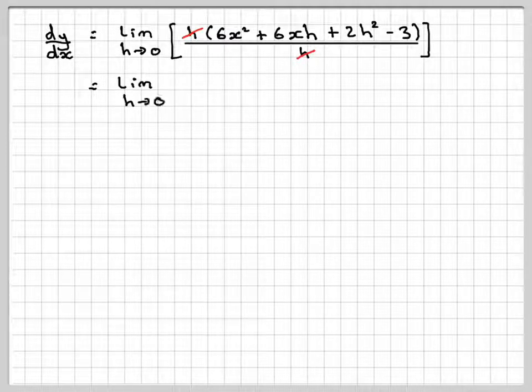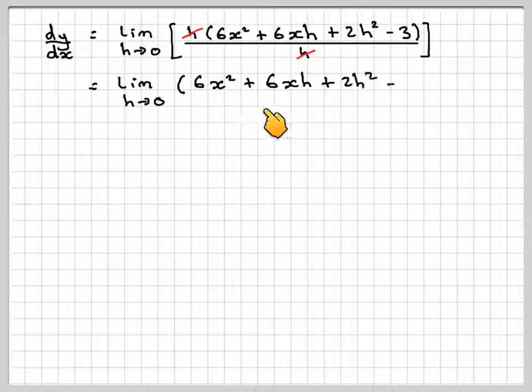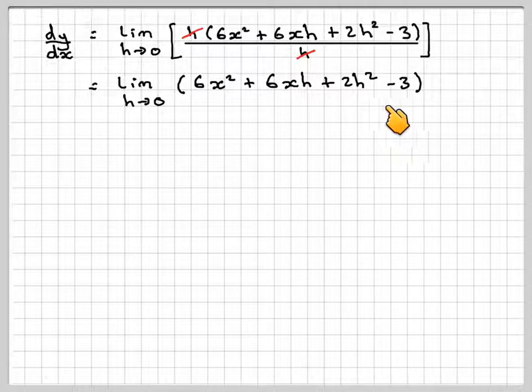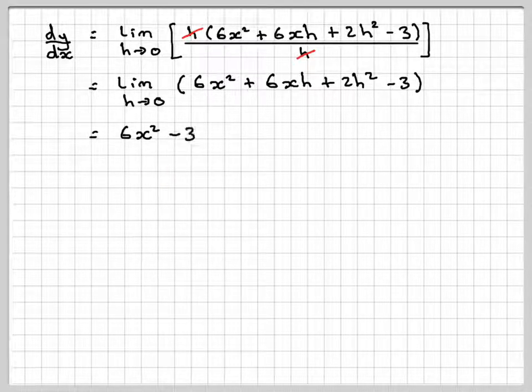And we're going to get the limit as h goes to 0 of 6x squared plus 6xh plus 2h squared minus 3. Now what we say is h is extremely small, so if you multiply 6x by h, it's going to be like 0. And if you do 2 times something really small squared, you're going to get something even smaller. So we're just going to ignore these terms and say that the answer is 6x squared minus 3,